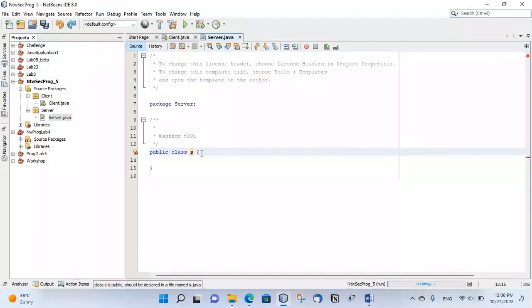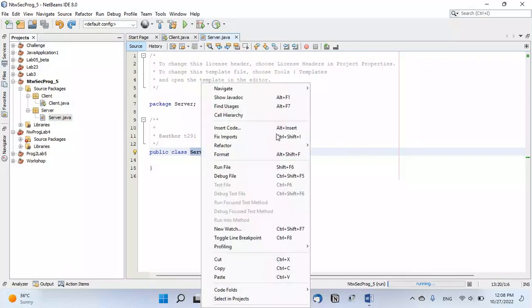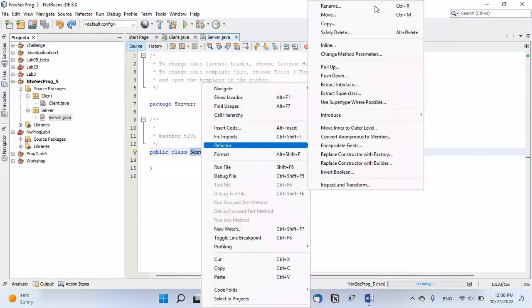Instead, you need to highlight, right click, go to refactor and rename. Why? Because refactoring is going to change the word server wherever it has been mentioned, plus renaming the class name itself. So refactor and rename,